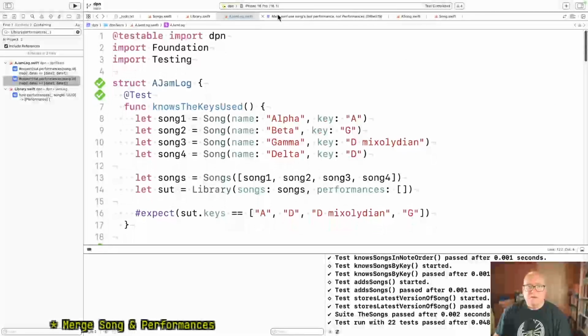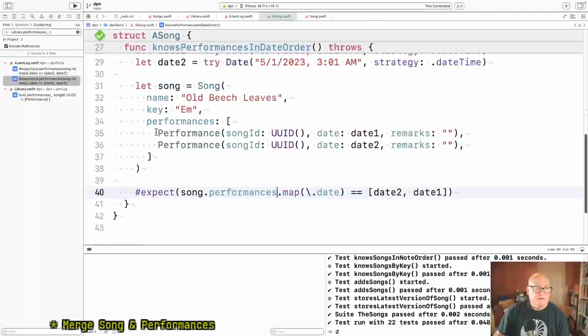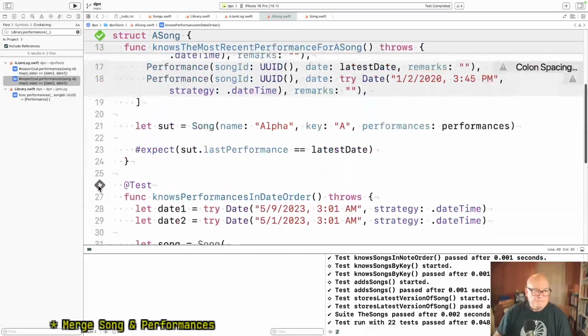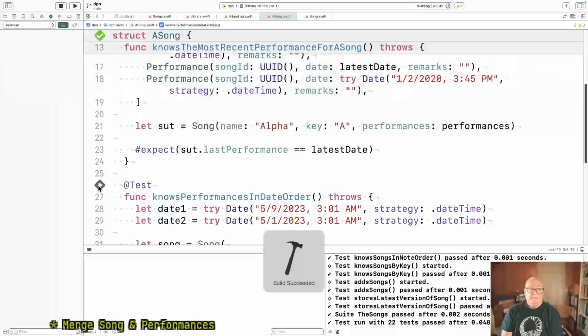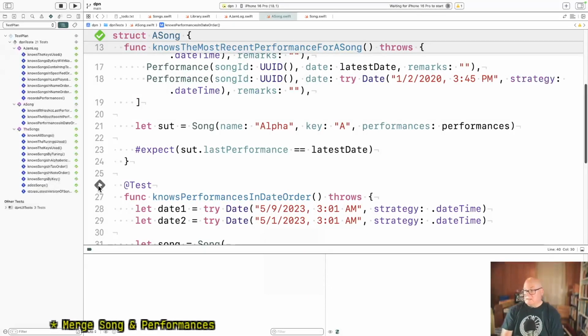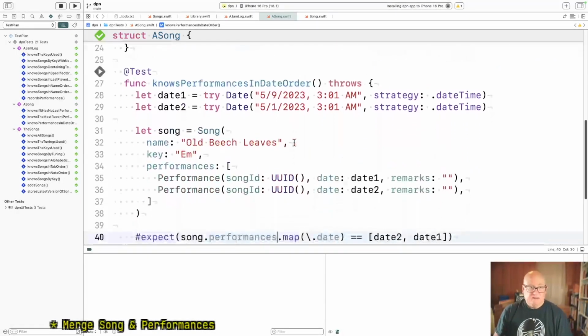Okay, but this one I believe will fail because I think we just put them in. We're just saying append. We don't force the order. So I think we should probably append it and sort it. And I think this is the moment to pull your add performance in. Okay. Are you going to pass anyway on me?